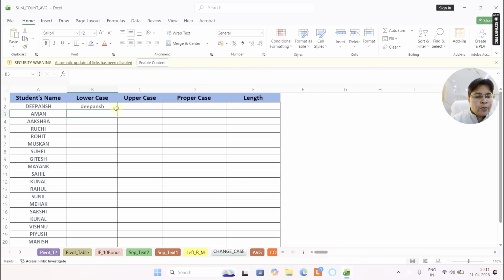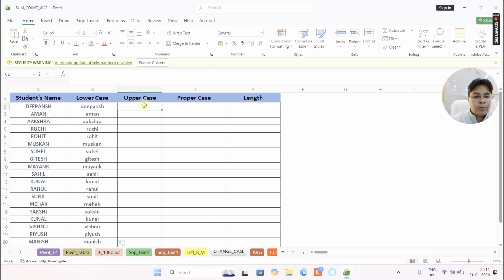Then if you want to display all names in lower, again put the cursor in the cell in which you have put the formula. Then double click on the small right side corner point, and all names will be displayed in lowercase.